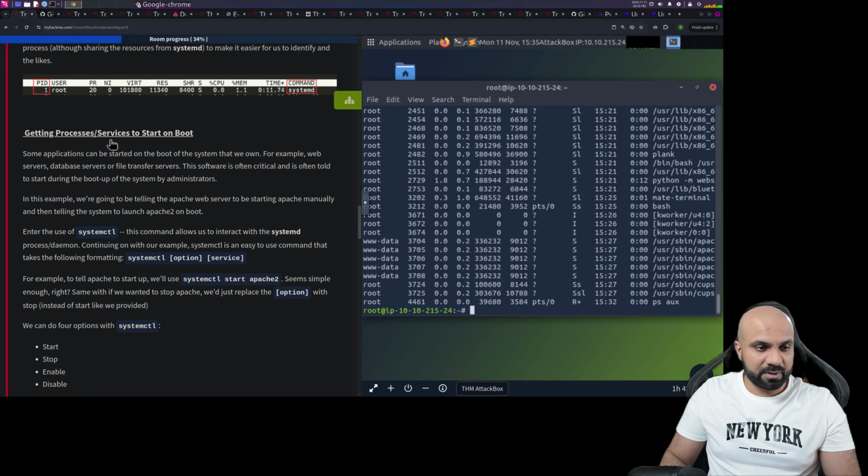Okay, getting processes and services to start on boot. Some applications can be started on the boot of the system that we own, for example, web servers, database servers, or file transfer servers. This software is often critical and is often told to start during the boot up of the system by the administrator. That is very true. If the server is running as a web server and it is rebooted, you want the web server to start as soon as possible. Once it is rebooted and comes back,